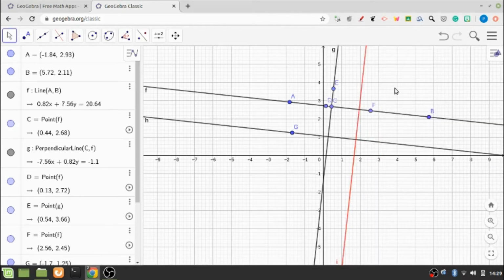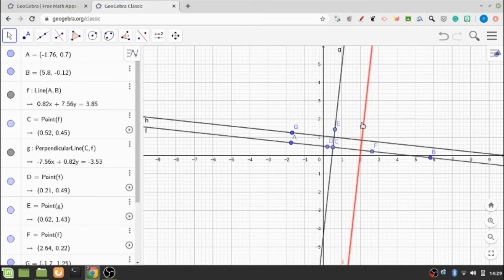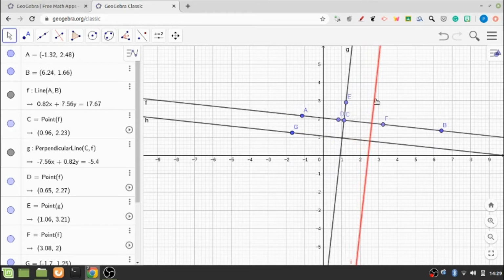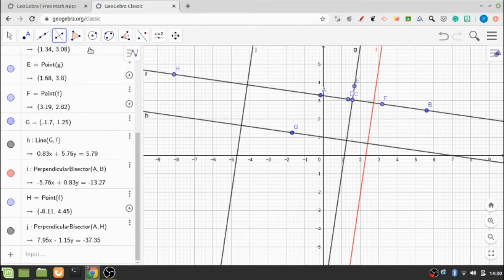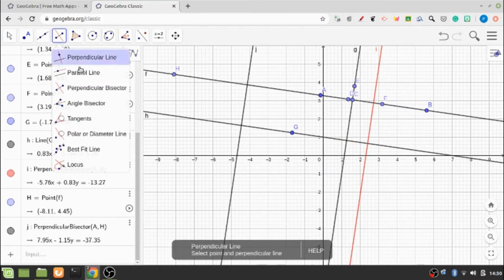So this is the parallel line. Let me go back to the standard view. So you can see now that this line is perpendicular bisector to the points A and B on this line F. Moving ahead, the next option under this perpendicular tool is angle bisector.